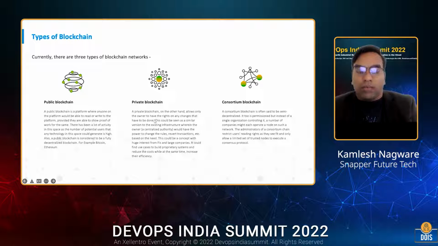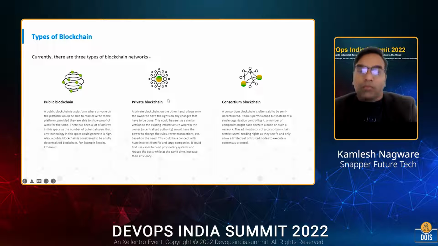So we'll go into the Hyperledger Foundation in detail, but before that, first let's understand what the different blockchains are. So we talk about the public blockchain. The public blockchain is a blockchain where all the transactions are recorded in an open ledger, simply considered like an open database where every application writes to their own database and does transactions. So this is a completely trustless system. Ethereum, Bitcoin, Algorand, and Polygon are a couple of public blockchain examples.